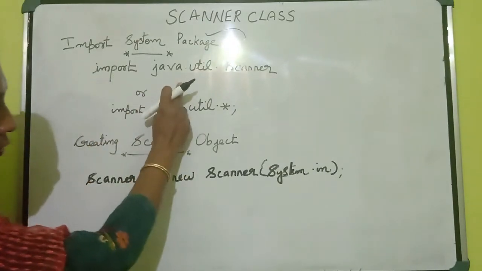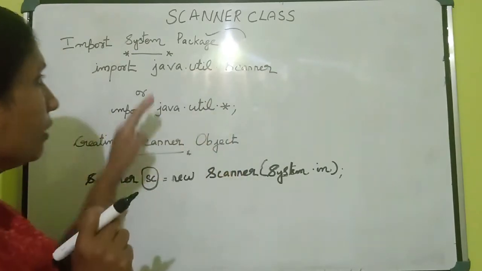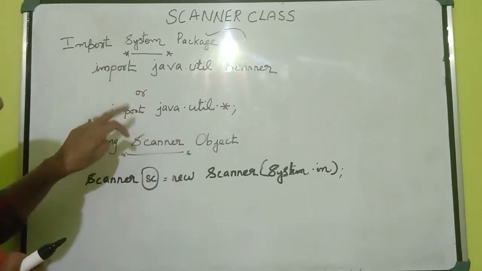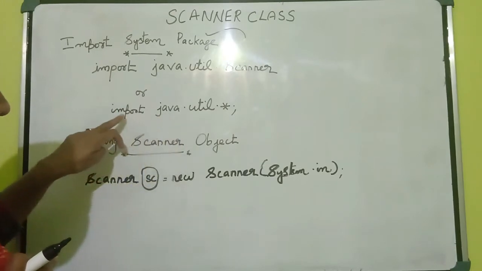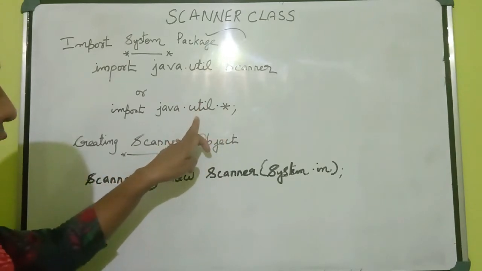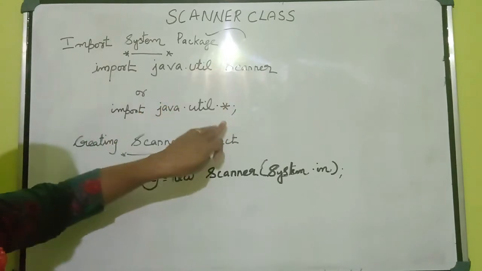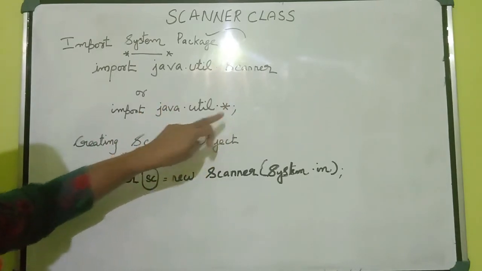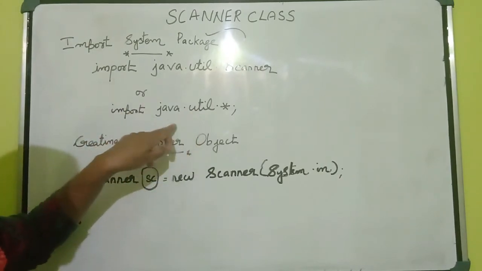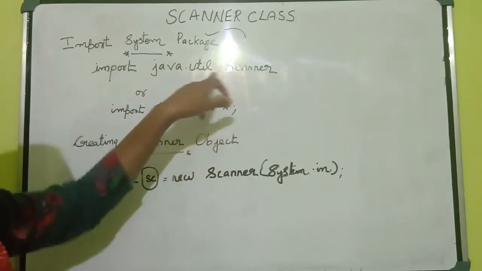import java.util.Scanner. This is the class name. Okay, this is the statement you can use to insert a package. Otherwise, you may write like this: import java.util.*. Star means all the classes including this package. Understood, all of you? You can use this one or you can use this one. That means import is the keyword, java.util is the package name, then dot star means all the classes in this package. Otherwise you can use the other one.